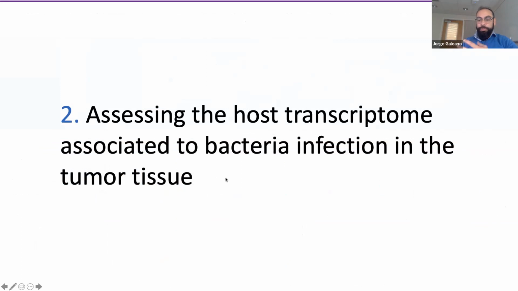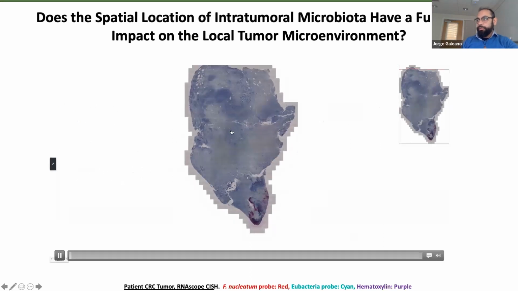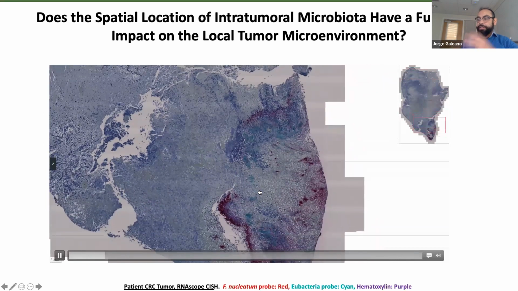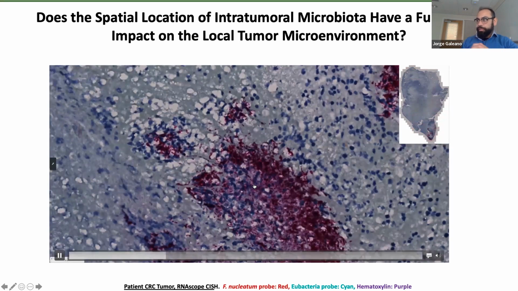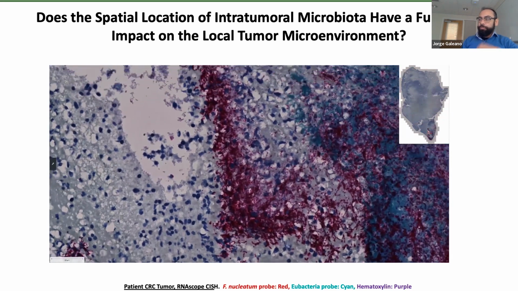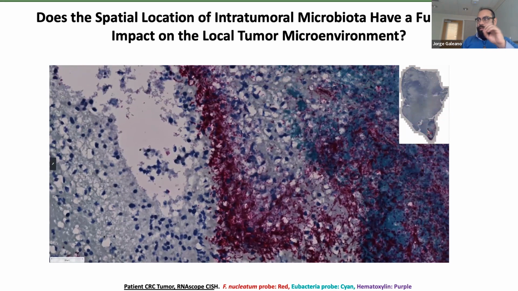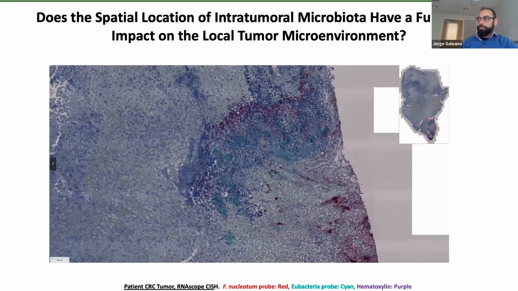Now that we have shown you that bacteria are localized in specific microniches, we want to know the impact of these microniches, or characterize these microniches, in modulating the functionality of other elements of the tumor microenvironment. This is just one example of a colorectal cancer tissue, and you can see that there are regions of the tumor that have high levels of bacteria. In red, you see F. nucleatum, and in cyan is a stain for different bacterial communities, because we use a probe that can target the 16S rRNA variable regions of these bacterial communities.